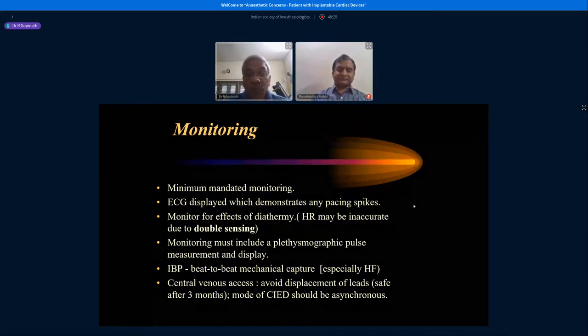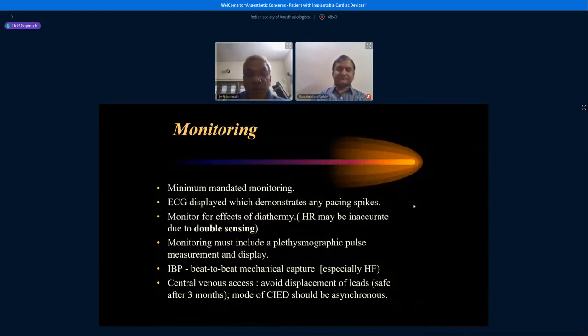So that is one. The best would be, of course, to have invasive arterial blood pressure monitoring, because this gives you beat-to-beat mechanical capture, especially in patients with heart failure, where the cardiac output might be low and might not be appropriate for the patient. So whenever you have to place a central venous line, be careful,